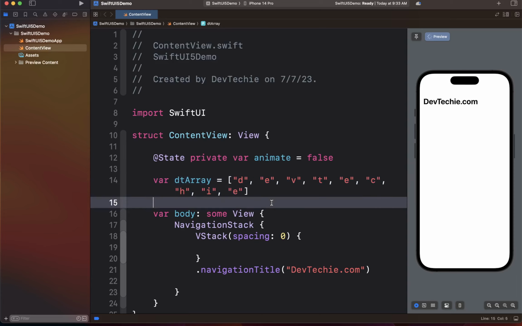All right, so this is going to be the array that we're going to use basically as the sequence for our